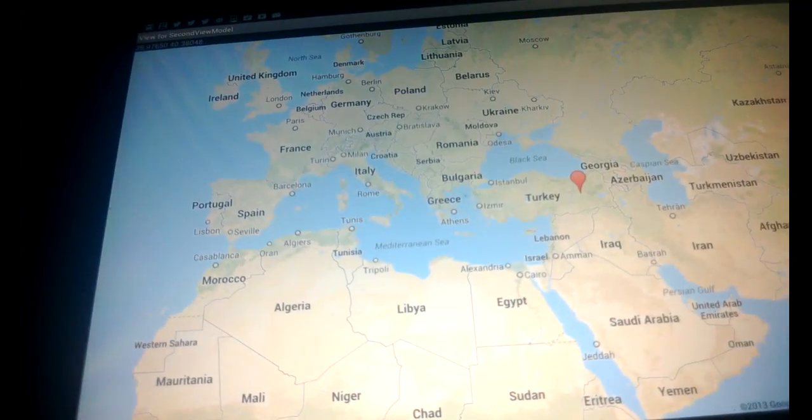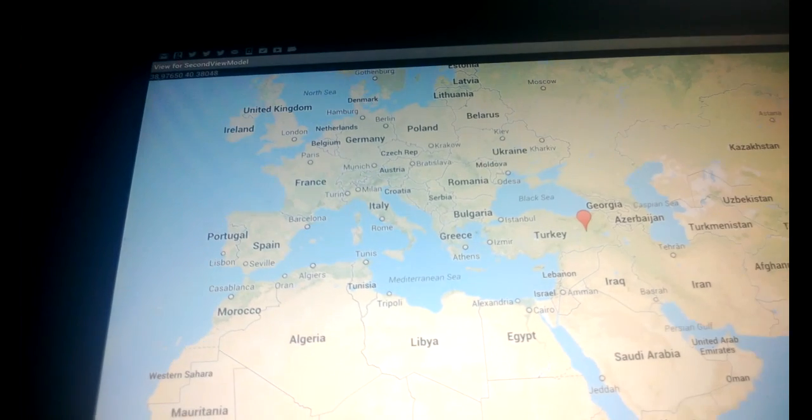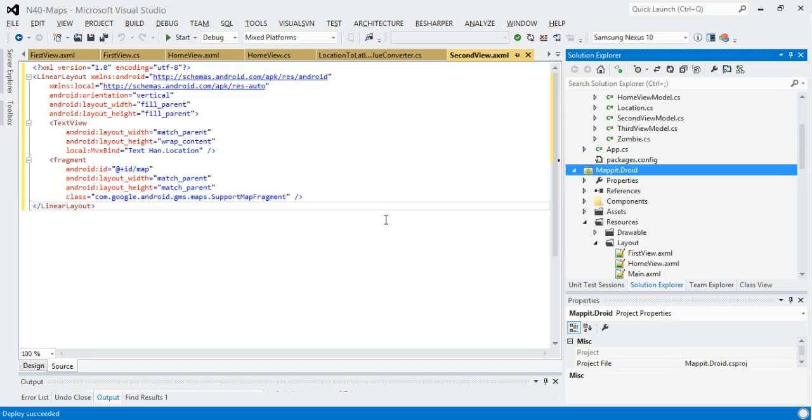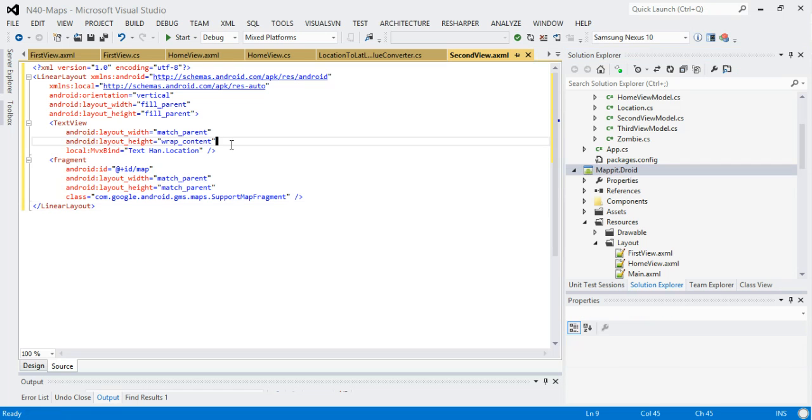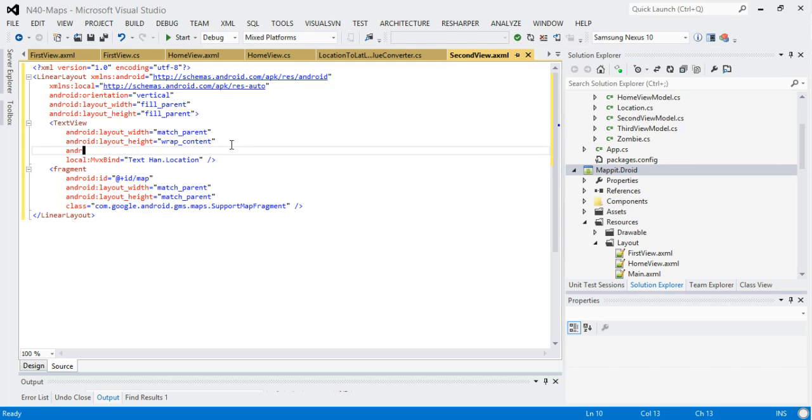What I'm going to do is go back to the PC and just finish off this little session. Okay, so we've talked for 40 minutes, which is long enough for one N+1 for definite. There are a few refinements I could make. Certainly I could make this text a bit bigger. But overall, I hope you saw that we took the same back-end code, the same view models, and managed to get something working on the Droid as well for the first and second view